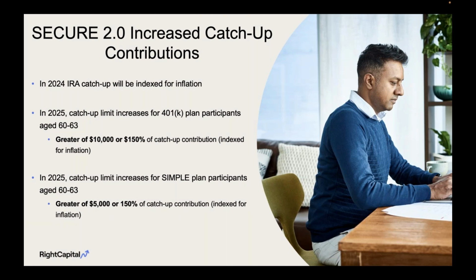We also know that there's new opportunities to contribute to Roth accounts as well, and additionally, an increased catch-up limit for SIMPLE plan participants, again aged 60 to 63, to the greater of $5,000 or 150% of that catch-up, indexed for inflation. So all of this means not only do we have inflation front and center in the headlines for clients over the past few years, but there's also new opportunities to save, and really great visual tools to help you